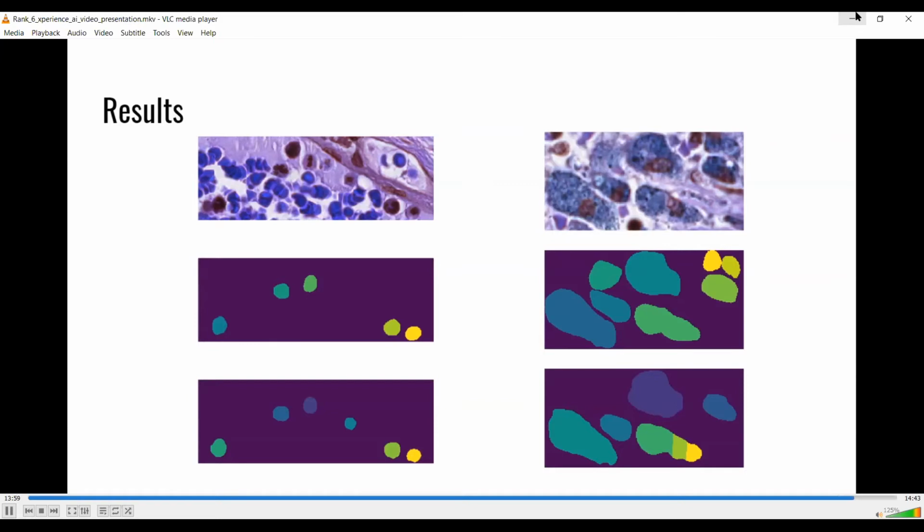And in the predictions on the right, there are a number of false negatives and excessive splits. The cells in the images obviously belong to different classes, and there are much fewer instances of cells from the second image in the dataset, so it is much harder for the model to predict them.